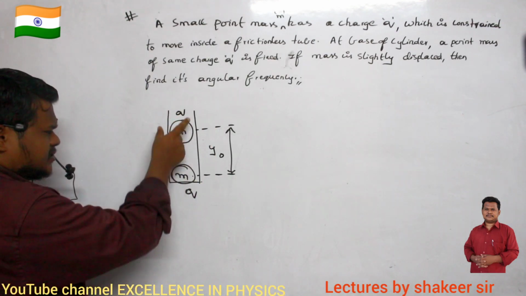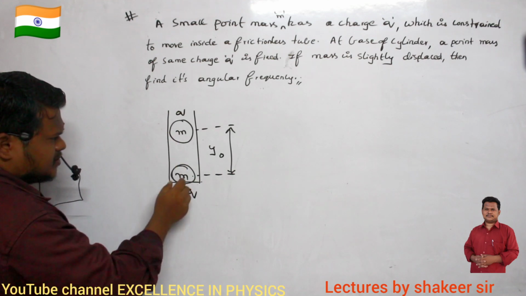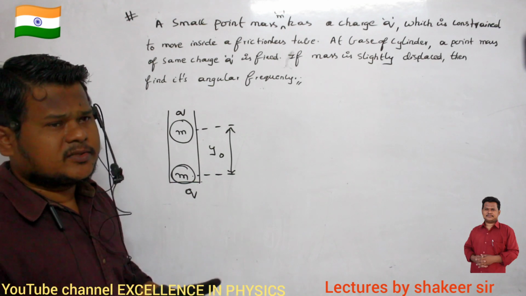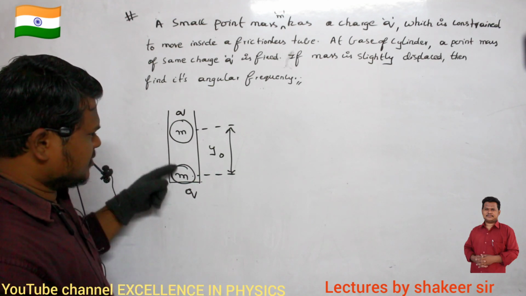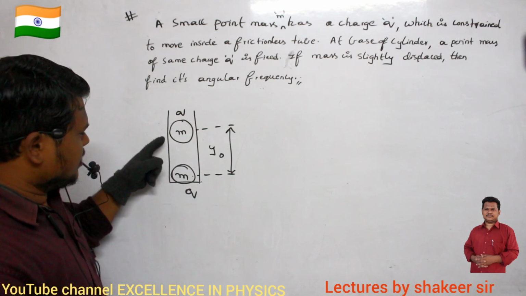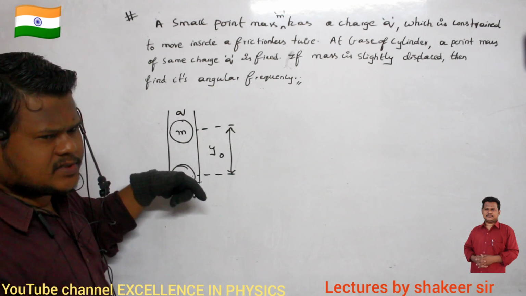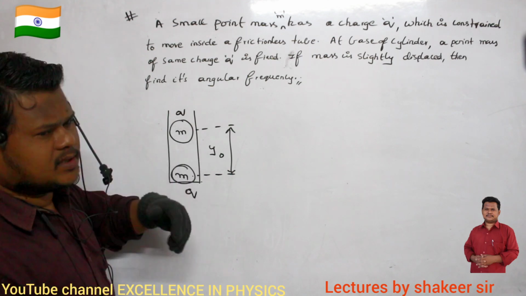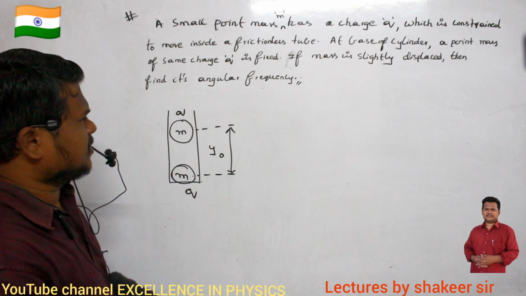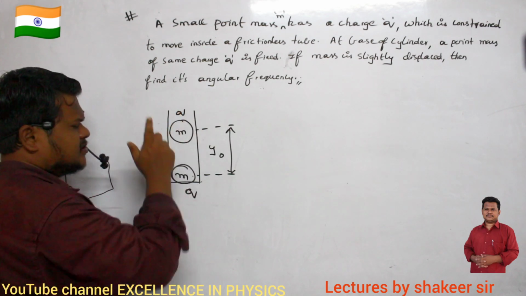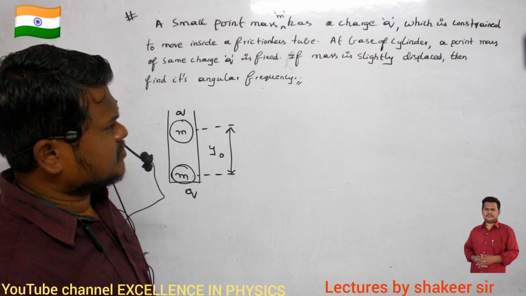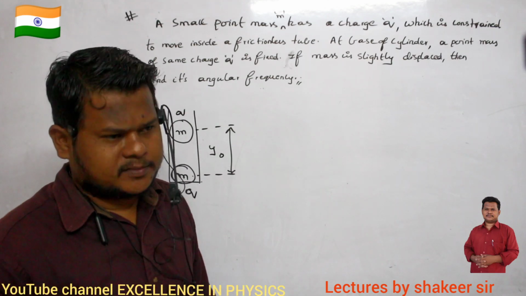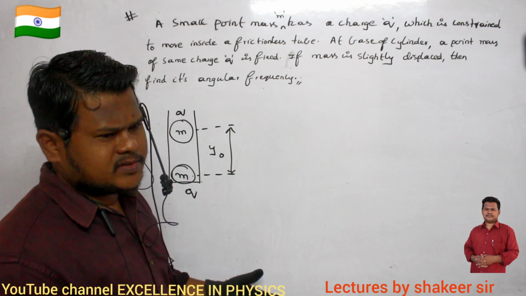So this is a glass tube in which two masses are present and they are charged bodies. And they are like charged. Like charged means what? They will have an electrostatic force of repulsion, and the weight of this body is also acting in the downwards direction. So weight and electrostatic force of repulsion are balanced with each other. Okay. So if I slightly disturb this one, then will this charge experience simple harmonic motion or not? Definitely it will experience simple harmonic motion.